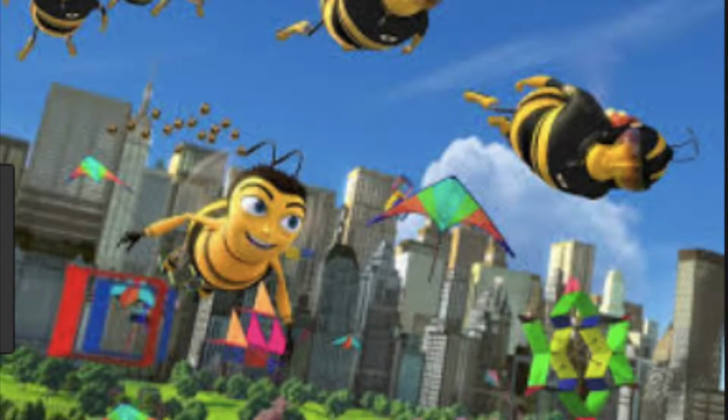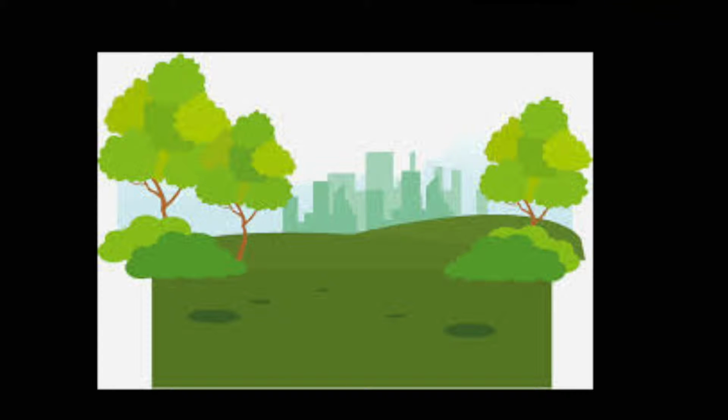This is the city and park in which the bee's home or hive is located. This is considered as an example of land in the factors of production, and it is all the natural resources used to produce goods and services.